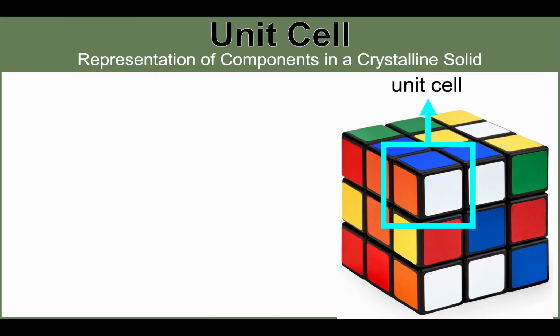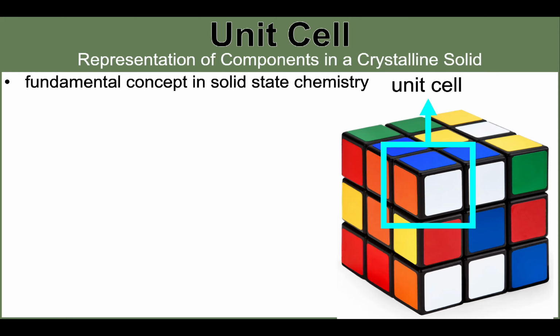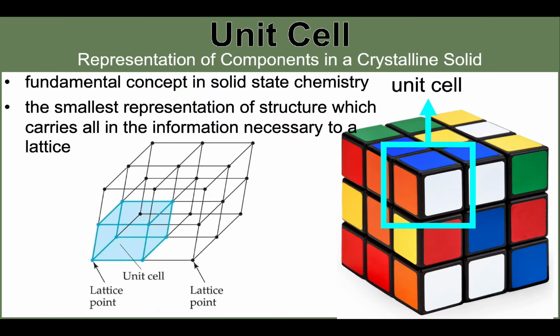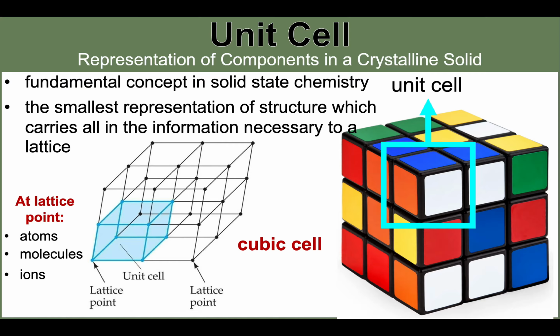Now, the unit cell is the fundamental concept in solid state chemistry. It is the smallest representation of structure which carries all the information necessary to construct an unambiguously infinite lattice. On a molecular level, it looks like this. The corner of each unit is what we call a lattice point. At the lattice point, you can see the atoms, the molecules, or ions. So this one is a cubic cell, and it is the simplest unit cell and has structural particles centered only